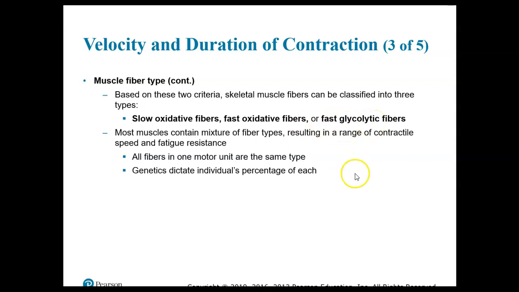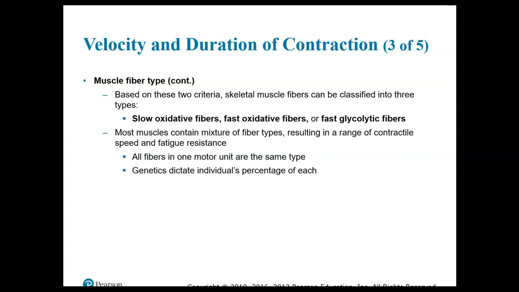Most muscles contain a mixture of fiber types. So that results in a range of contractile speed and fatigue resistance. In one motor unit, all the fibers are the same type, but you have different motor units that act together. So genetics dictate the individual's percentage of each. So if you have a higher number of fast oxidative fibers, then you're going to be built more for,